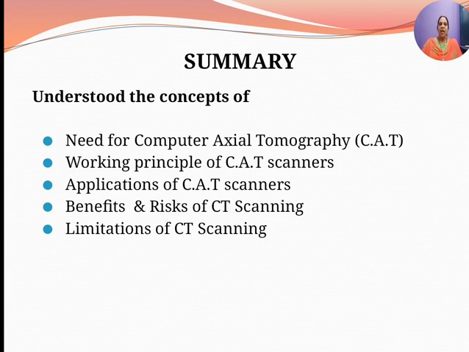Applications of CT scanners are for studying the nervous system, orthopedic and bone tumors, thorax, abdomen, pelvis and neck regions. And the benefits of CT scanning: it is a painless, non-invasive and accurate method. It has the ability to image bones, soft tissues and blood vessels all at the same time. Like conventional X-ray, CT scanning provides very detailed images of many types of tissues as well as lungs, bones and blood vessels. The examination is fast and simple.